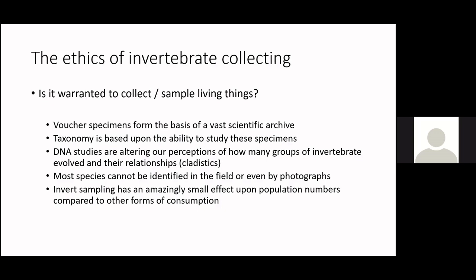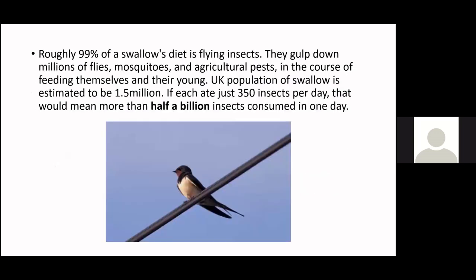And also invertebrate sampling has a really, really small effect on population numbers compared to other forms of consumption. So what are those other forms of consumption? Well, some of them include the birds and other animals in the UK, and also other invertebrates, which eat an awful lot of insects, flying insects particularly. So roughly 99% of a swallow's diet is flying insects. They eat millions of flies, mosquitoes, agricultural pests, and